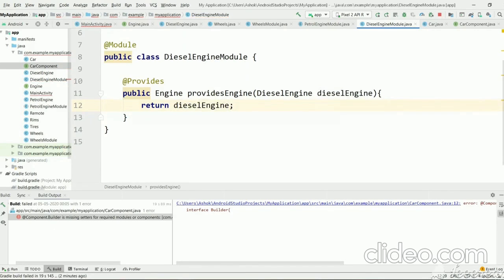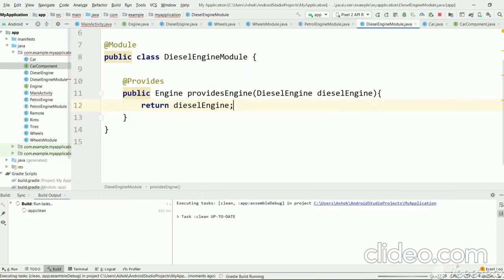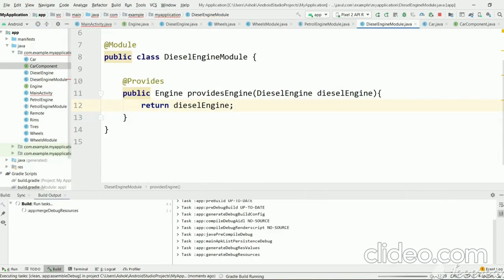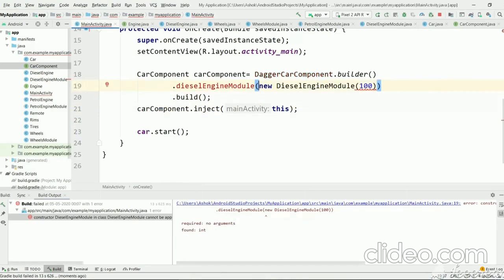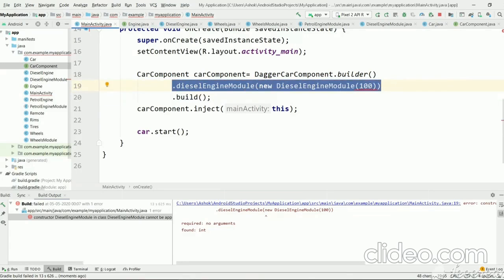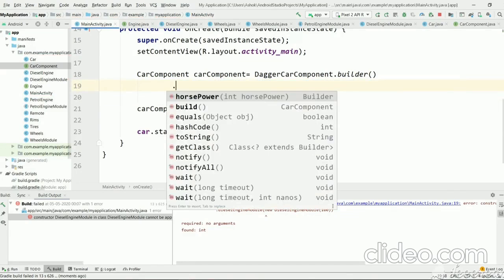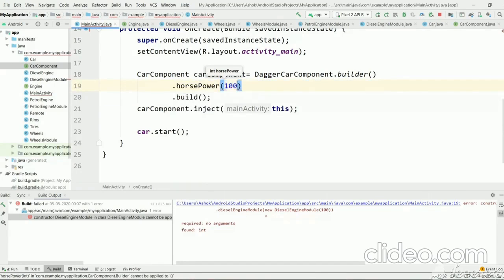Now let's build it again. Okay, now we no longer need diesel engine module. We can just remove this, and instead of this line we can use the horsepower method we have just created, horsepower, and pass 100.